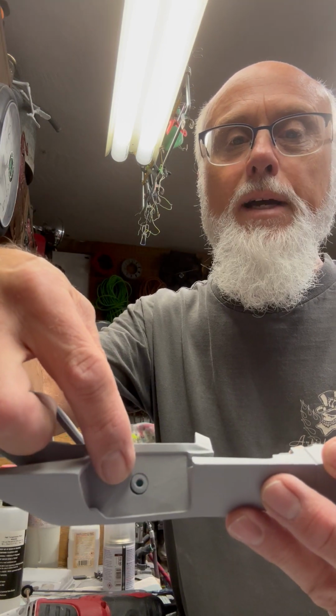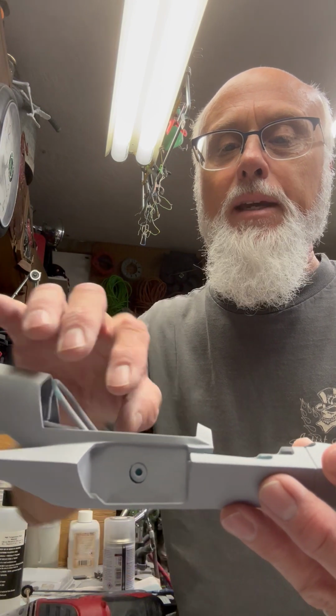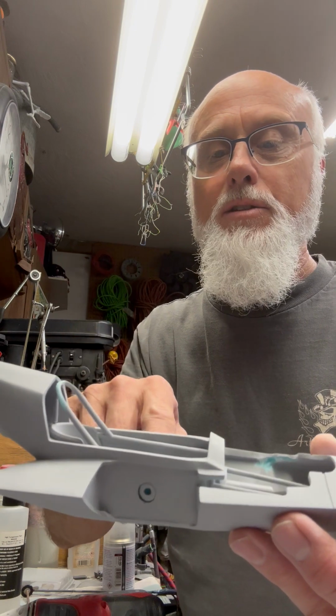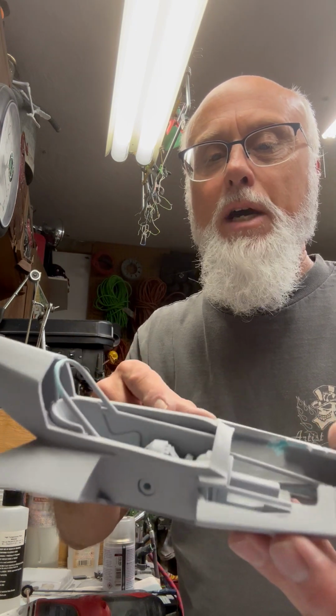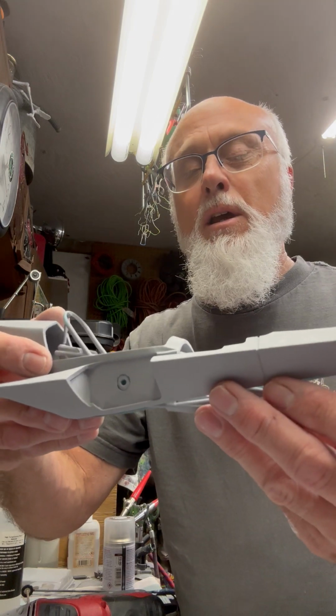These holes where the axles come through, the chassis goes up in here from the bottom and snaps into those holes. You're going to need to drill them out. It's just too tight, and with no tolerance at all, you just can't move anything around. So the chassis,